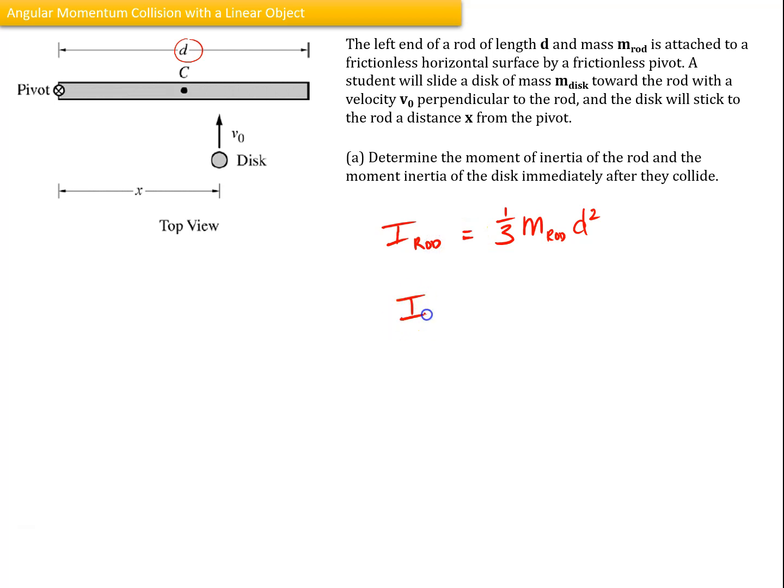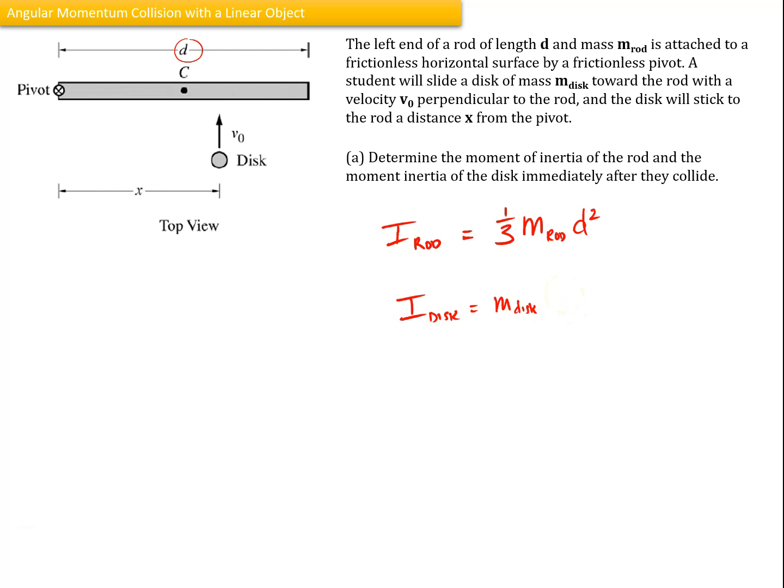And the moment of inertia of our disk, since we're assuming it's a point mass because it's very small compared to the length d, we can say is equal to just the mass of the disk, which I called, times now